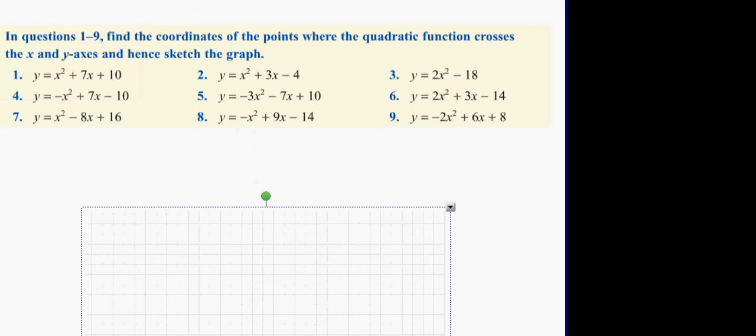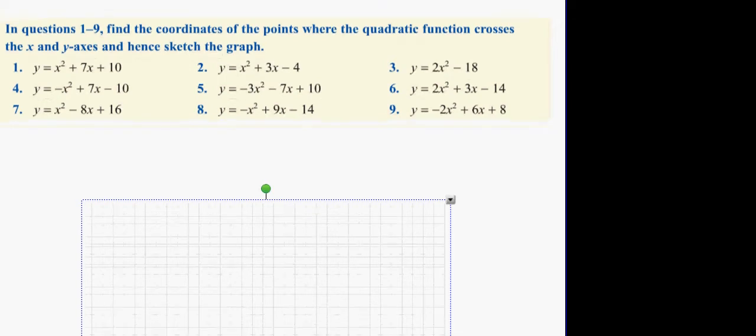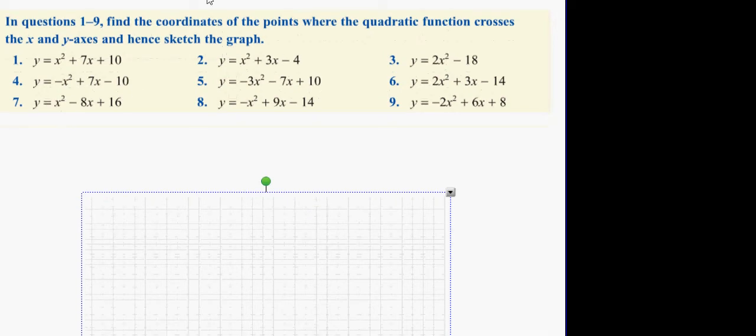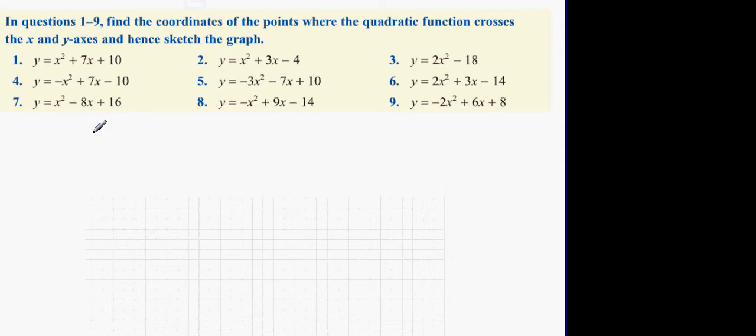What's going on here is we have x squared plus 7x plus 10. What we're asked to do is find the coordinates of the points where the quadratic functions cross the x and y axis, hence sketch the graph. Now, where it crosses the x axis is always,